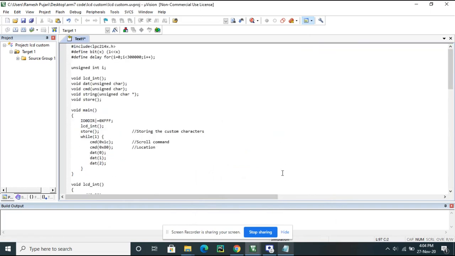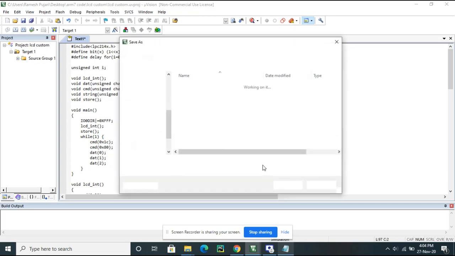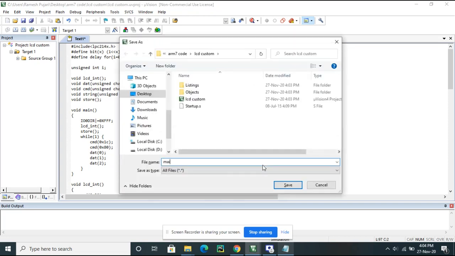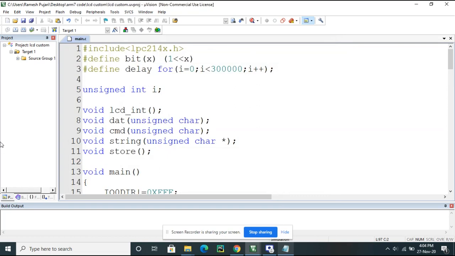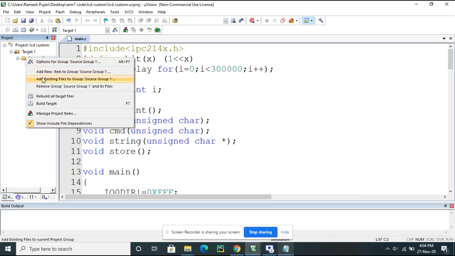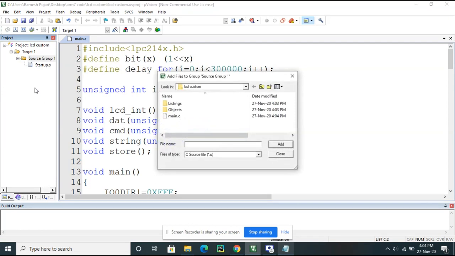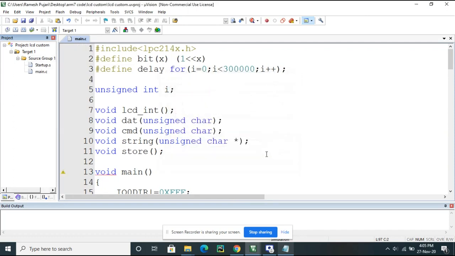Once it is pasted, we have to save the file, giving the name of the file with a .c extension, and then you need to add this file. How can I add this file? We have to click on the source group, add existing file to group. Then you need to click on the main.c and add. Here you can see this file is added.